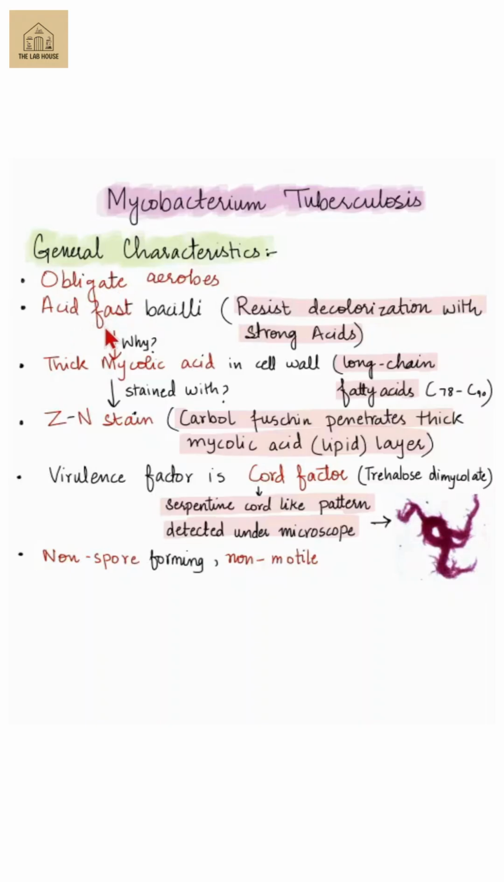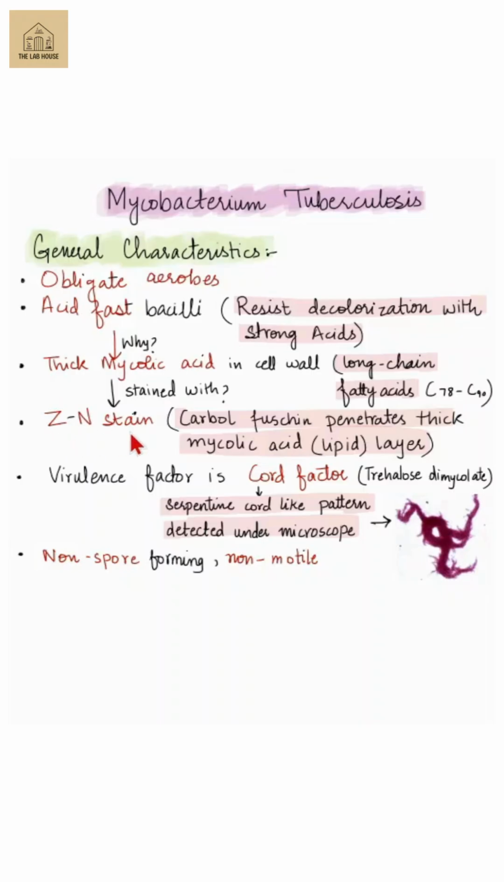It is an acid-fast bacilli. Bacilli means rod-shaped bacteria and acid-fast means it resists decolorization with strong acids. As we know, in Gram staining, we use decolorizers like acids and alcohol for the decolorization of the stain. But here, this bacillus cannot be decolorized with strong acids because of the thick mycolic acid layer in its cell wall. Mycolic acid is basically a lipid made up of long chains of fatty acids from carbon 78 to carbon 90. So due to this reason, we will not use Gram stain and we will use ZN stain instead,